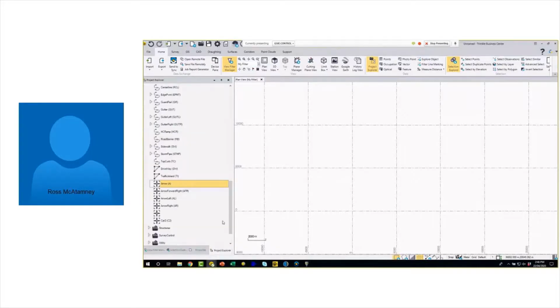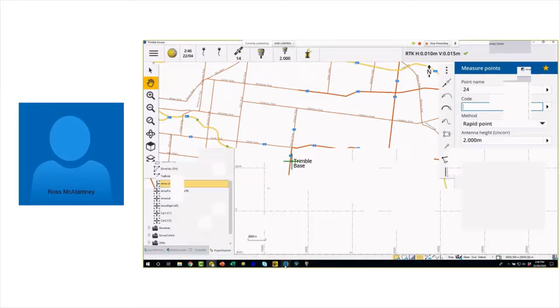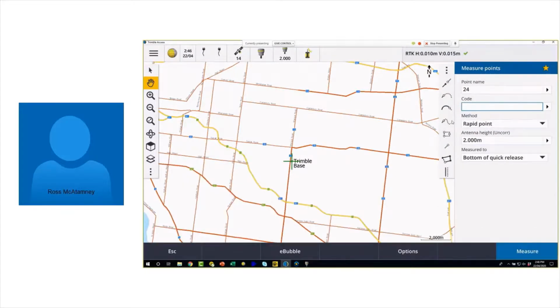So these can be quite handy, and the reason we put them with a little bit more profile into Trimble Access was just to help people using them, because it's not too hard to,